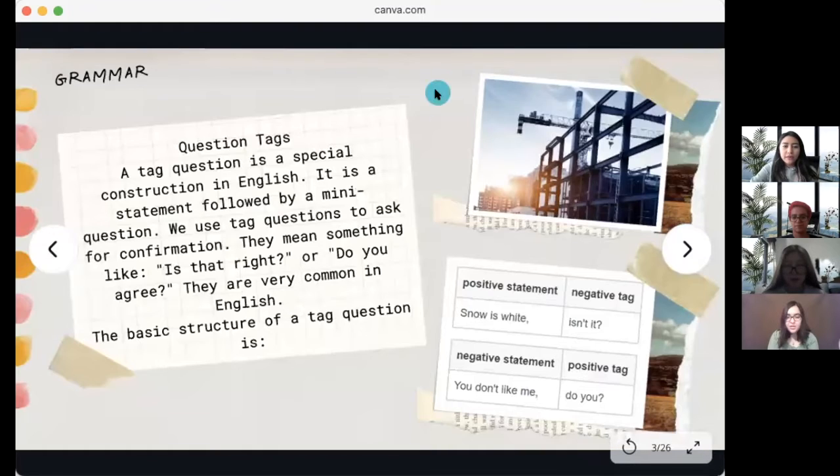Perfect. So now we're going to start with the grammar. We're going to talk about the question tag. But what is a question tag? A tag question is a special construction in English. It is a statement followed by a mini question. We use tag questions to ask for confirmation. They mean something like, is that right? Or do you agree? They are very common in English. The basic structure of the tag question is